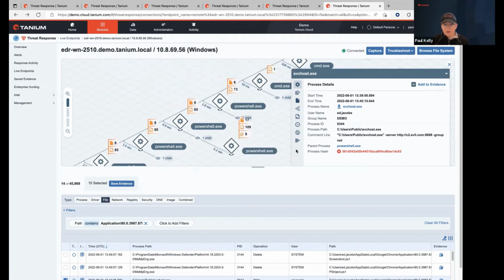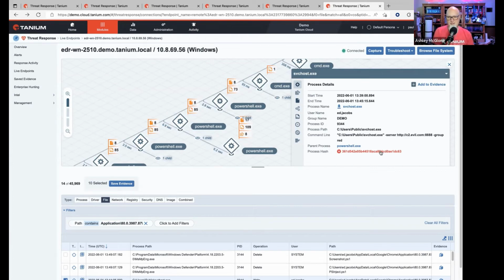And then, as I was showing earlier, here's where it was trying to connect to the C2, evil.com. C2 being command and control. That's right, the bad remote location. We can see the bad process hash there that our reputation service flagged.